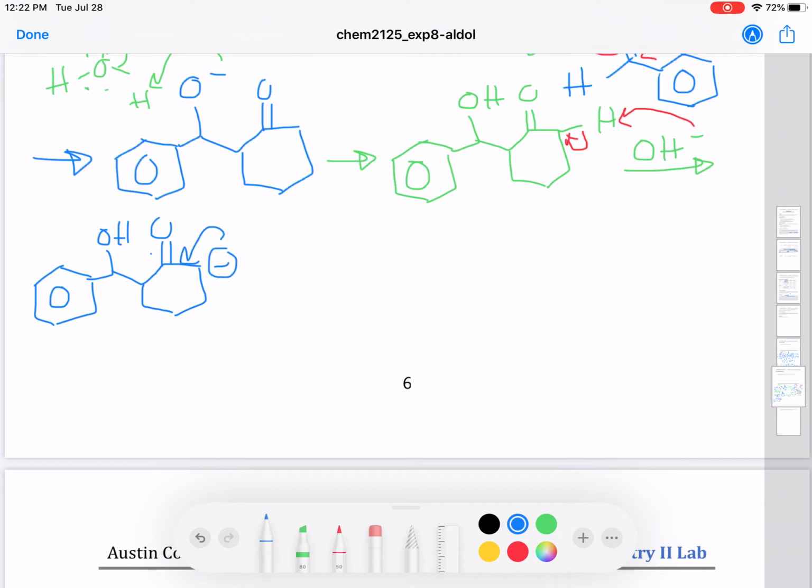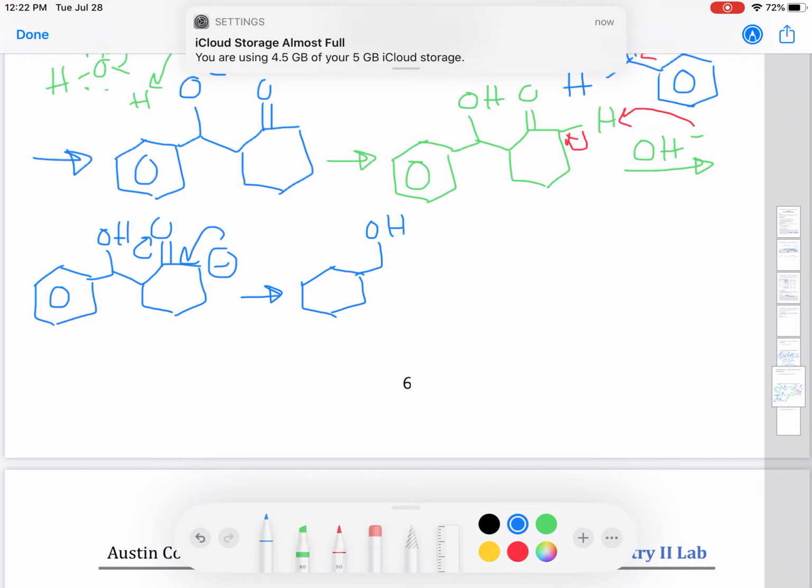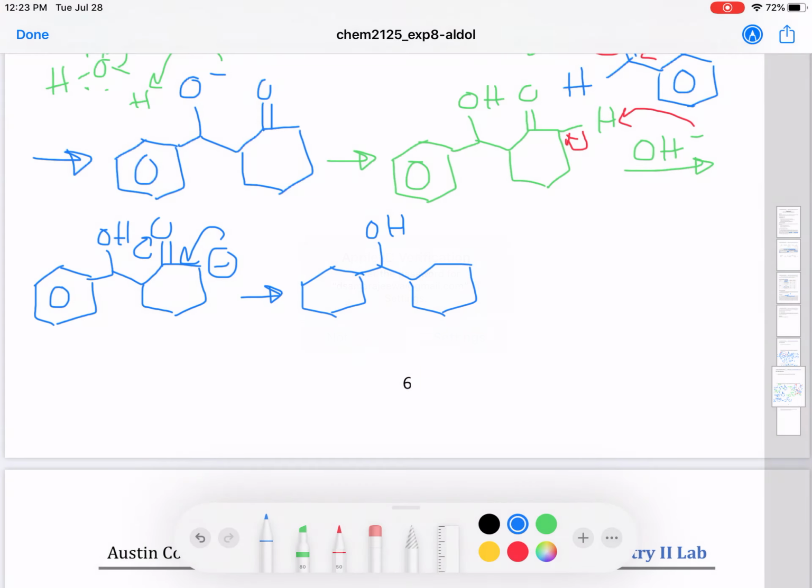So this can participate in enolate ion formation. O minus, so this is the enolate, and now this is going to react with another molecule of benzaldehyde. So okay, this will give you